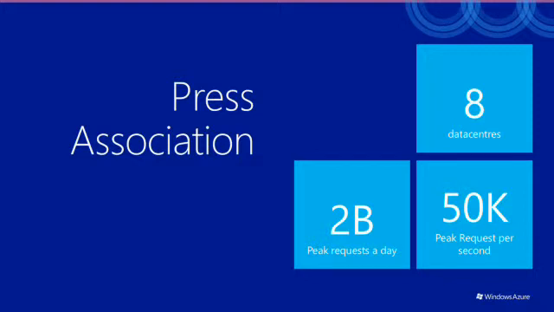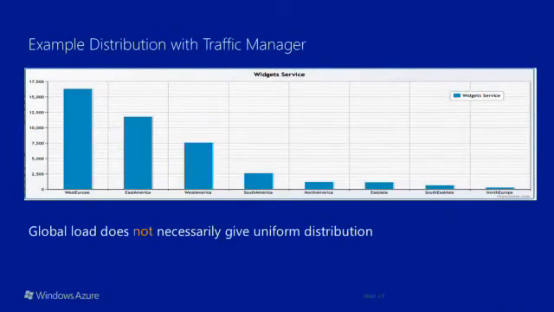Deploying to 8 data centers gives them some advantages in terms of latency to their users. They've got global user requests coming in, so you get some sort of performance advantage. But it also gives them the opportunity to work around issues between users and those data centers, whether that's a connectivity issue, or some other issue that prevents one of those data centers from being used. Now,